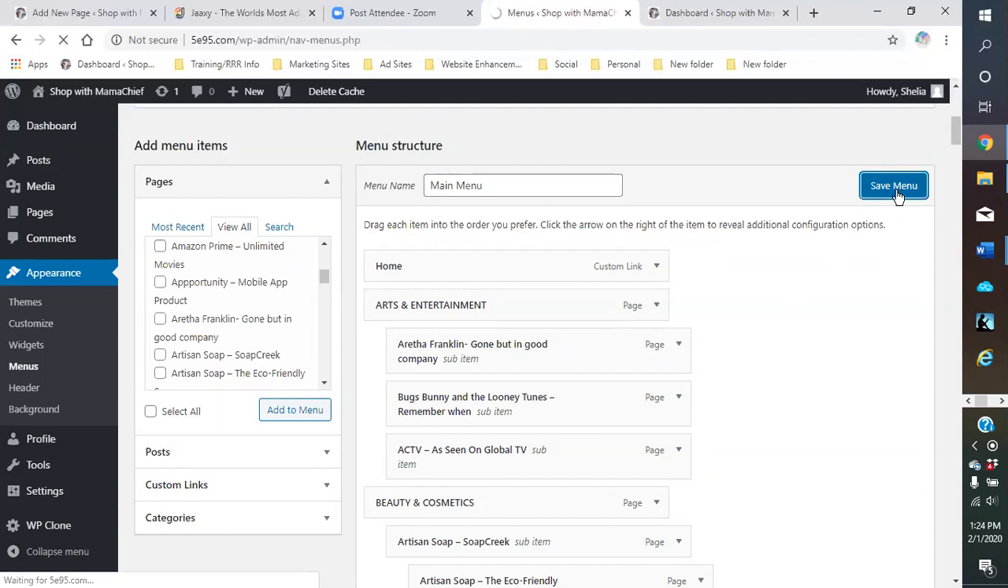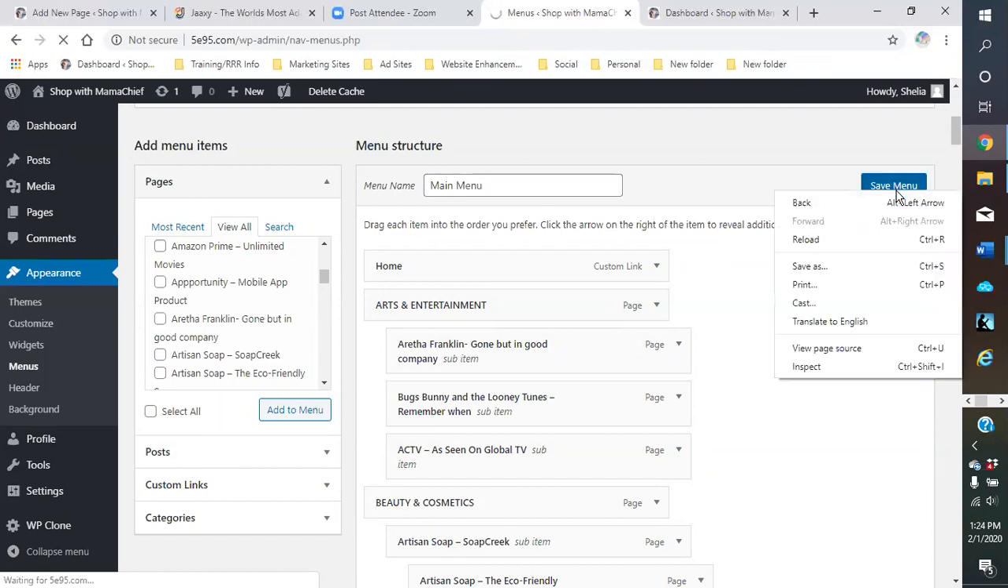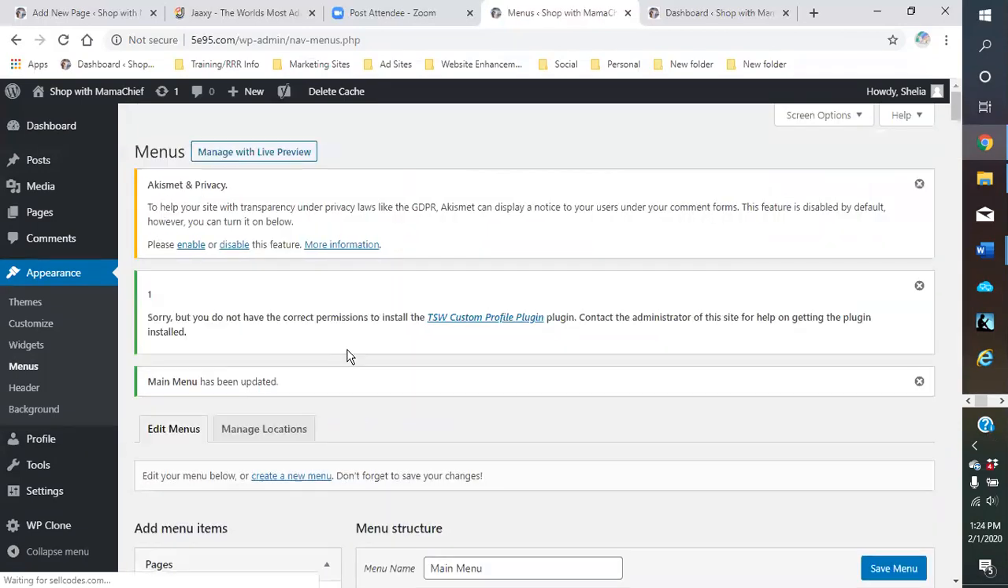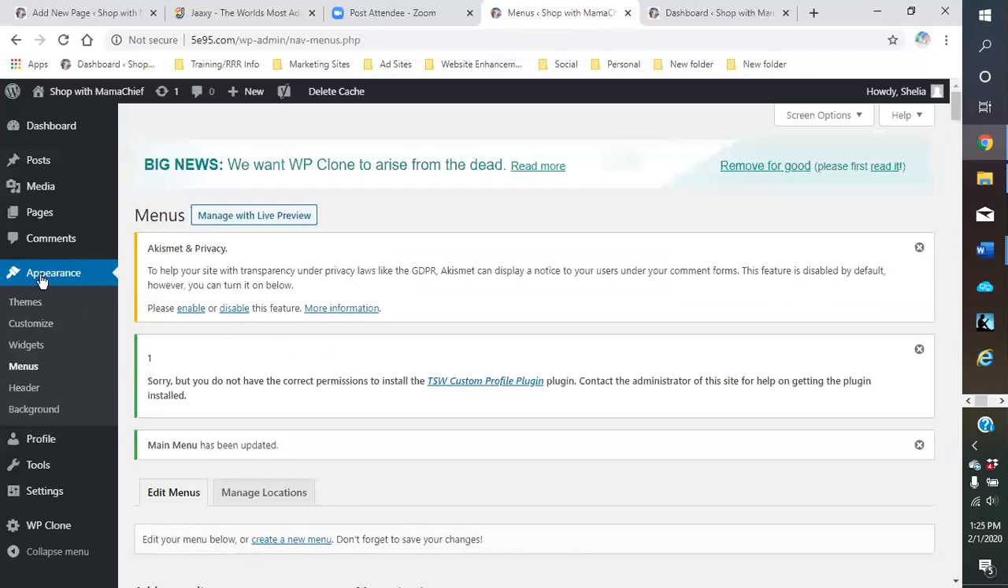Okay, so I'm saving that. So then once that gets saved, we can go back to my page. So menu is saved, updated. So now if I go back to visit site